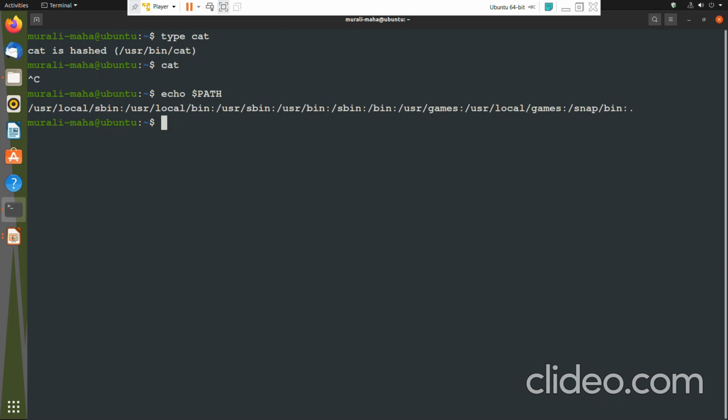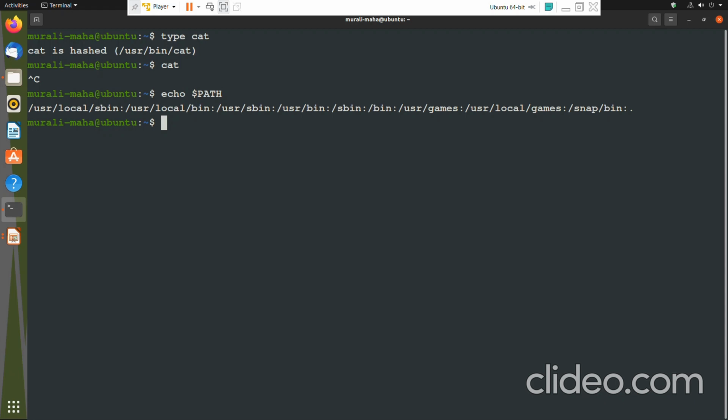I told you that in the shell scope of command search, when I was explaining it, that the shell would first start checking in certain places, like the list of keywords, the list of aliases, the list of shell built-in functions, and the list of user-defined functions. In all these places it is going to search for the command that you have entered. After searching in all these places, then it would come to the path variable.